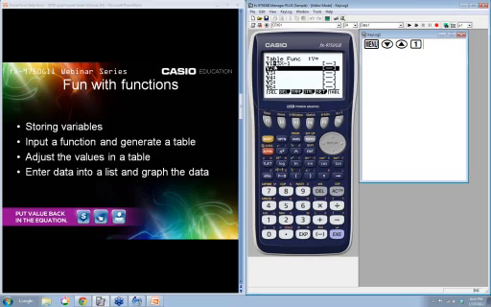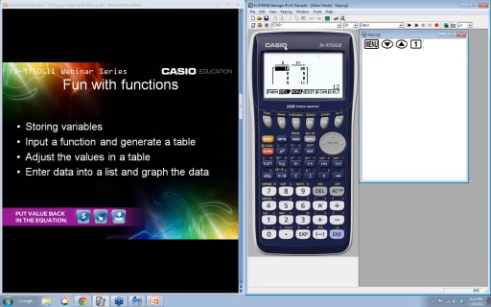Okay? In order to get a table of values, I can just look here and I see that it says table. It's above the F6 key. I press the F6 key and there's my table of values. When X is 1, Y is 2, etc., etc. I can go all the way down and it stops at 5. Well, what if that wasn't enough? What if I wanted to know what would X be at 12? I can simply type in 12 and hit execute, and it tells me what Y is when X is 12.